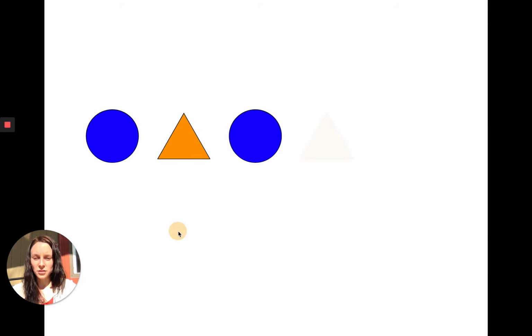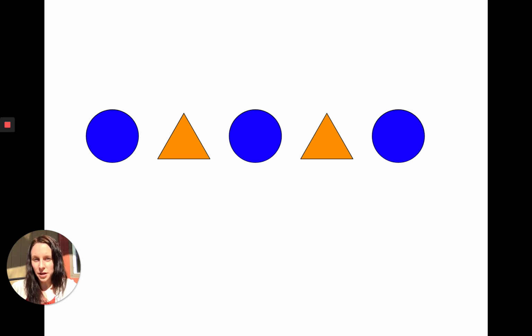So I drew a little pattern here using a blue circle and an orange triangle. So this is a very basic pattern, right? Blue circle, orange triangle, blue circle, orange triangle. You could probably guess what comes next, right? Blue circle. Exactly. That whole concept of being able to predict what comes next is what makes this a pattern. You learned this in kindergarten. This shouldn't be something new, but it's good to review this before we go into the next principle of design,